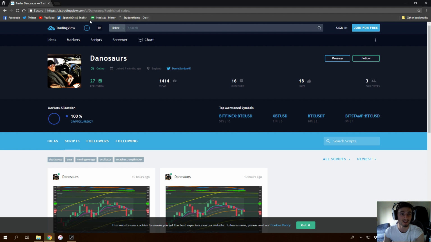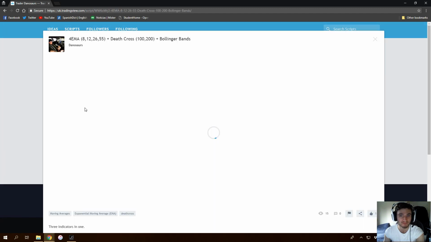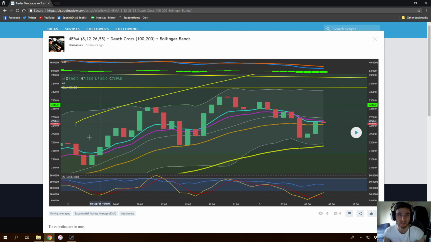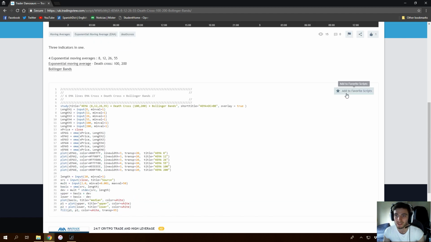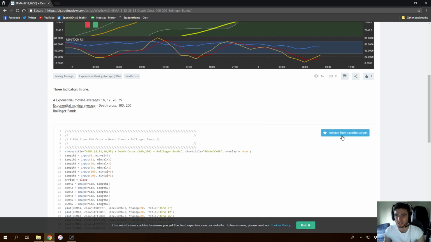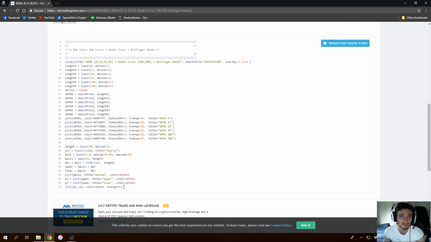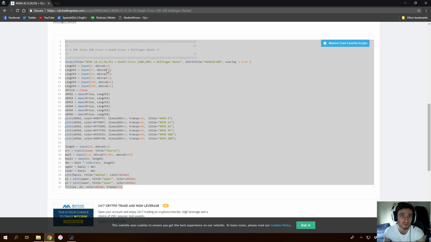Go to the link below to the TradingView page, make sure you're logged into TradingView. Once you're signed in, click on the script you want, or both, click into that and you'll be presented with this page. All you need to do is click on add to favorite scripts. Click on that, give the page a quick refresh because sometimes there's a glitch on this website where it removes it. Just make sure it's still highlighted,